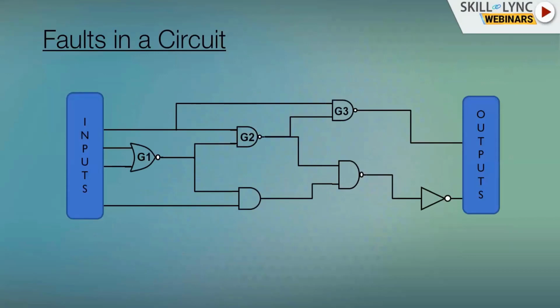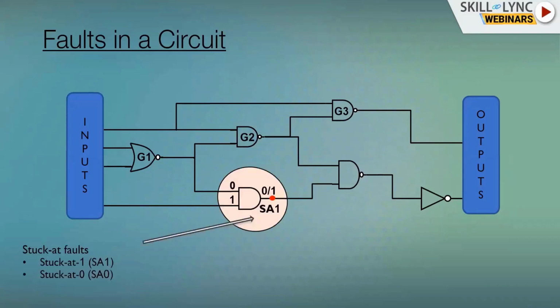I have described this with a very small circuit. You can see in this circuit that it has some small gates, with inputs and some outputs. In this schematic, I'll be discussing three different types of faults. The first one is the stuck fault. As you see in the image, in the highlighted area, you can see stuck faults.